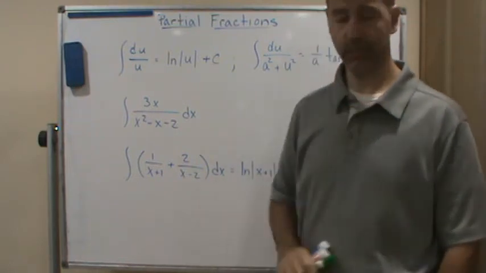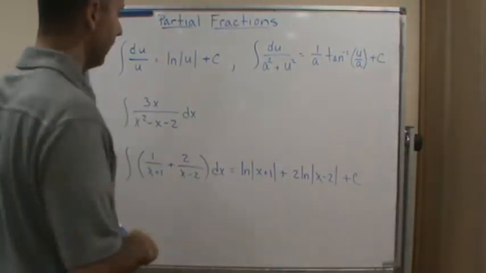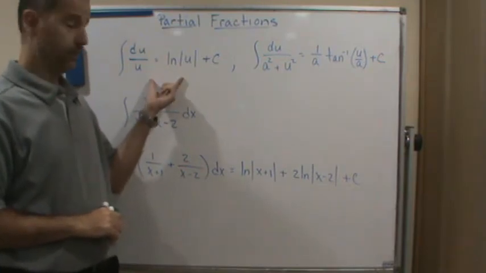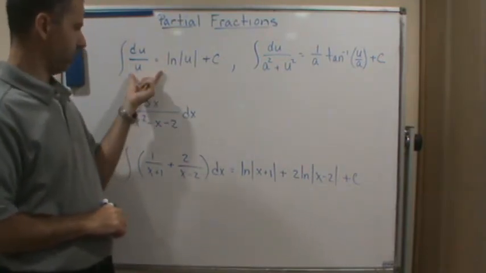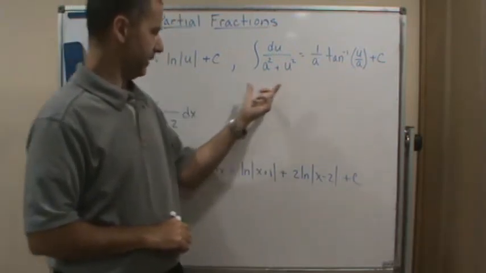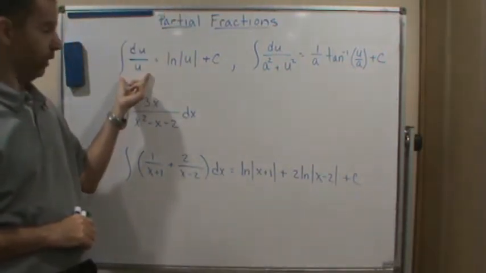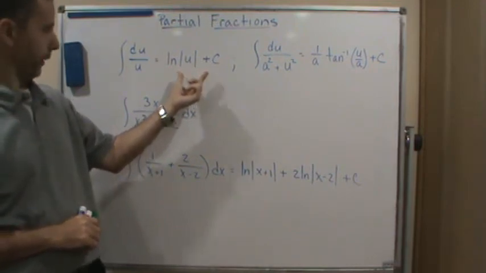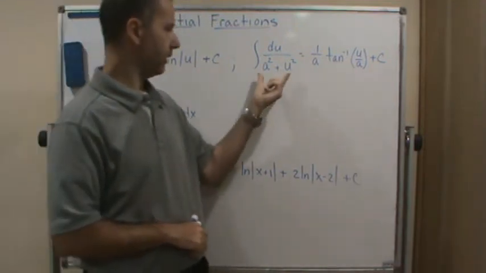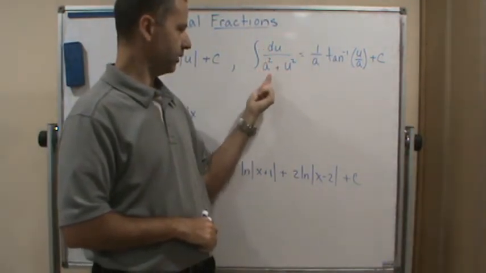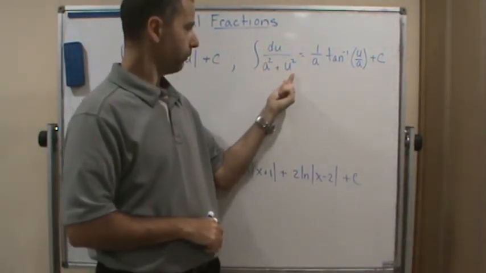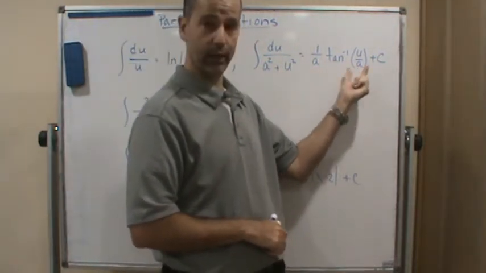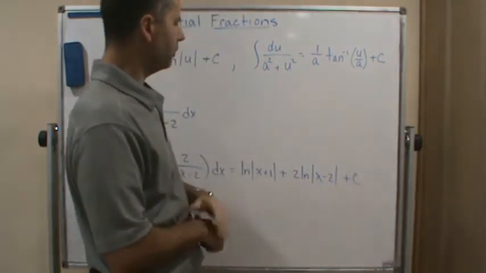So let's back up for a second. In this case, we've dealt with situations where we could integrate things like this. For example, we know du over u will give us the natural log of the absolute value of u, plus c. And then we've integrated things like this, where we have a quotient with a squared plus u squared, right? So du over this, we get 1 over a inverse tangent of u over a, plus c. So we've done this, but